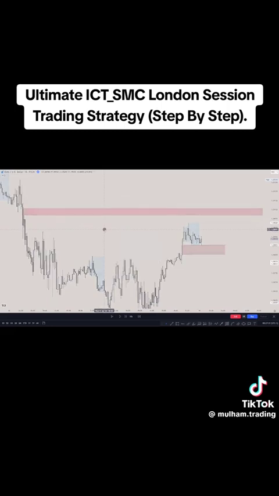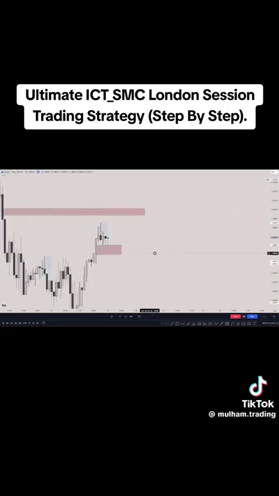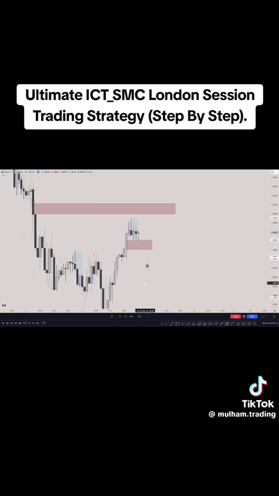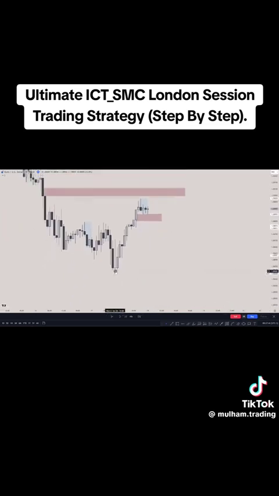Now, we're also going to take a look at the 1 hour. This is our fair value gap on the 1 hour. And here on the 1 hour, we can see that we're actually having a 1 hour fair value gap here too. So we could refine this. This is the 15-minute fair value gap. We can actually include the 1 hour fair value gap too. So we're having a 1 hour fair value gap here, 1 hour fair value gap, and